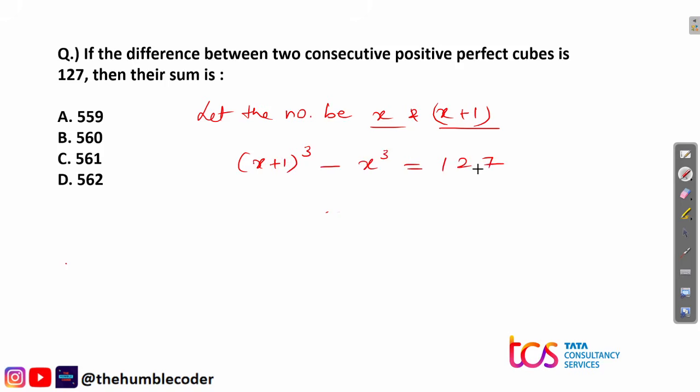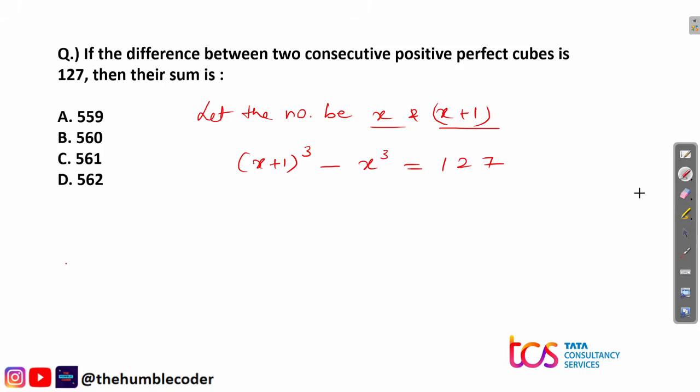Now we have this equation. What you need to do is solve this equation and find the value of x. After solving, you will get the value as 6 and minus 7. So you can neglect the minus, and you get that the two numbers are 6 and 7. Finally, you can take the cubes of both of them and find the sum of these numbers. So this was the other way.